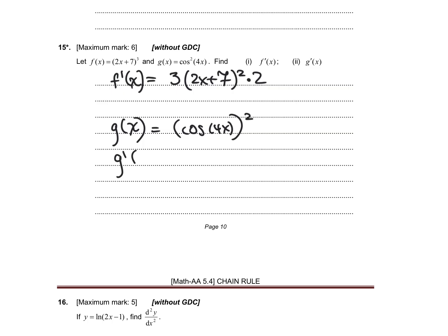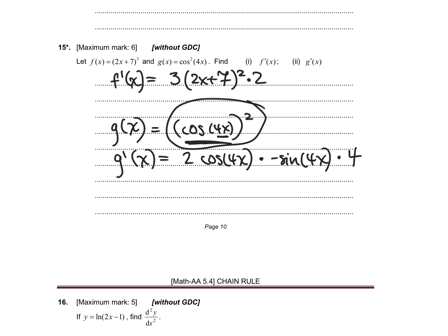So g prime is going to be 2 cosine 4x to the 1, and then times the derivative of cosine, which is negative sine 4x, and then times the derivative of what's inside of that, which is 4. Okay, so we have a function inside of a function inside of a function. So this is going to be negative 8 rather, cosine 4x